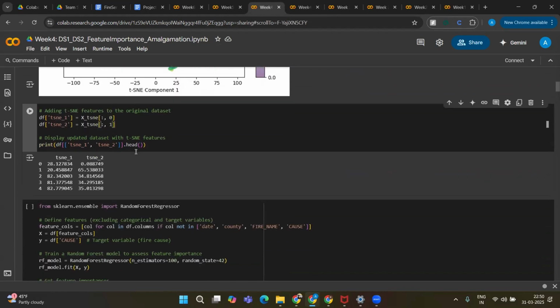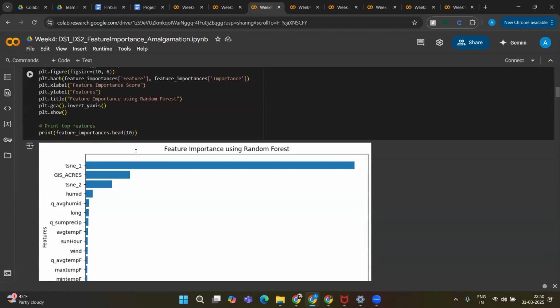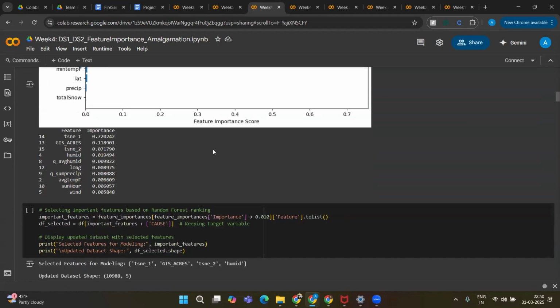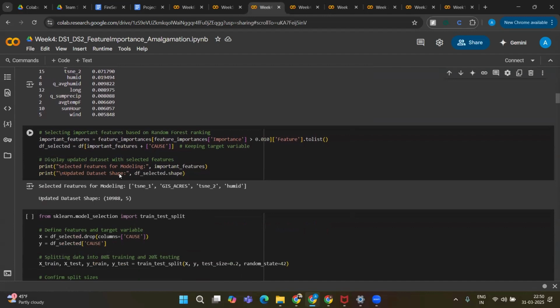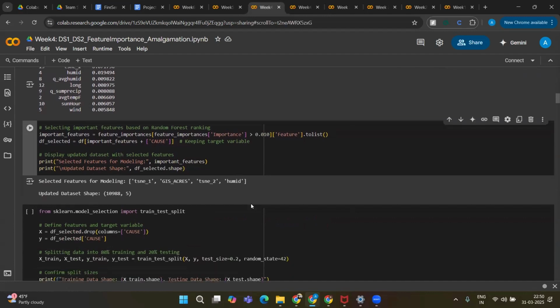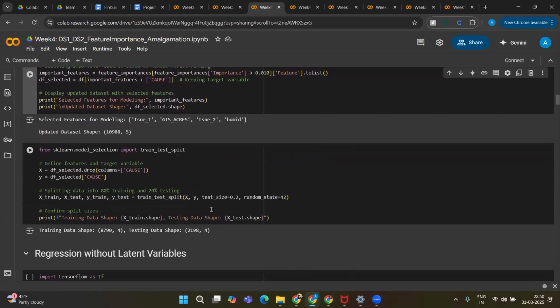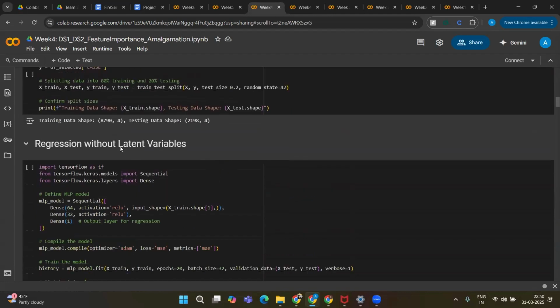We have plotted the histogram plot in feature importance using random forest. So whichever got more importance, we have taken that. So here you can see t-SNE1 GSI occurs and t-SNE2 humid has more importance. So we have taken those to process the model, and we are doing regression with these latent features, and we have